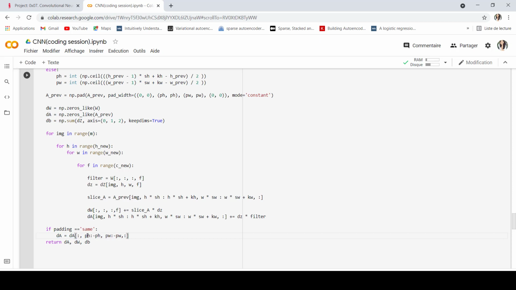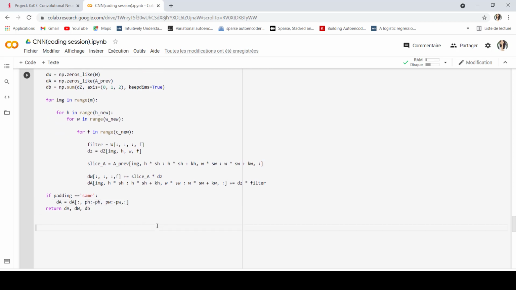Otherwise I will have a problem if I have padding equals valid, and I have pH equals pW equals 0. I will have here from 0 to minus 0, and it's going to have some problems here. So the matrix will change. So here I need to do this just for the padding equals same.